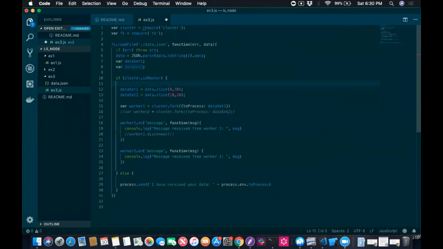So in cluster, it's basically the same file gets executed, whether it's a child process or master process. And that's why cluster provides this method isMaster. So isMaster is the default. If you haven't spawned a child process with cluster, it's going to be isMaster. And so this part of the if conditional is going to execute on the master process only. And what it's going to do is first read the data from this data file, which is just an array of 20 numbers. It's going to split that data in half, and then